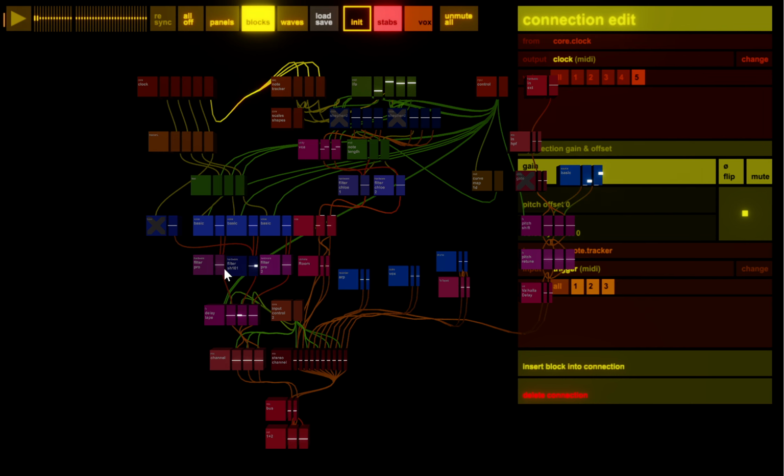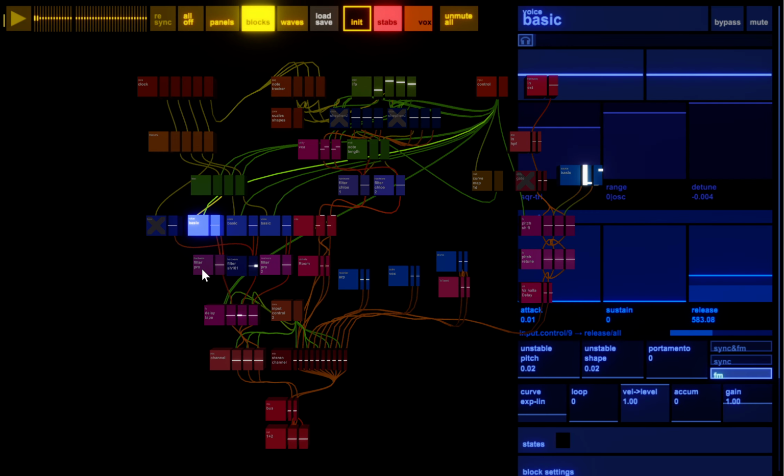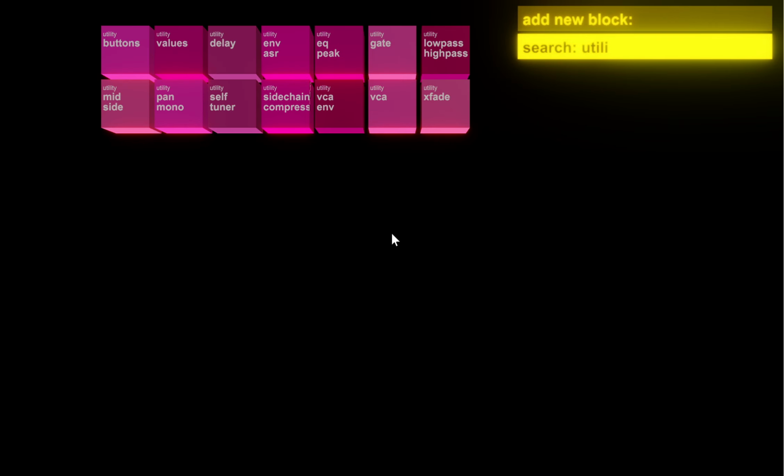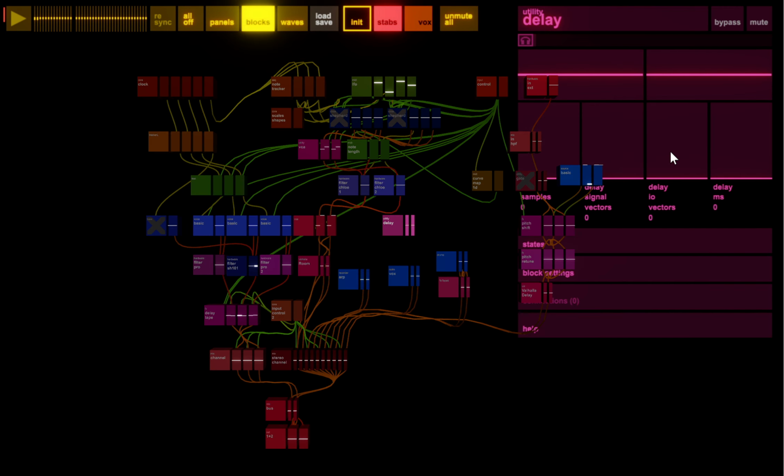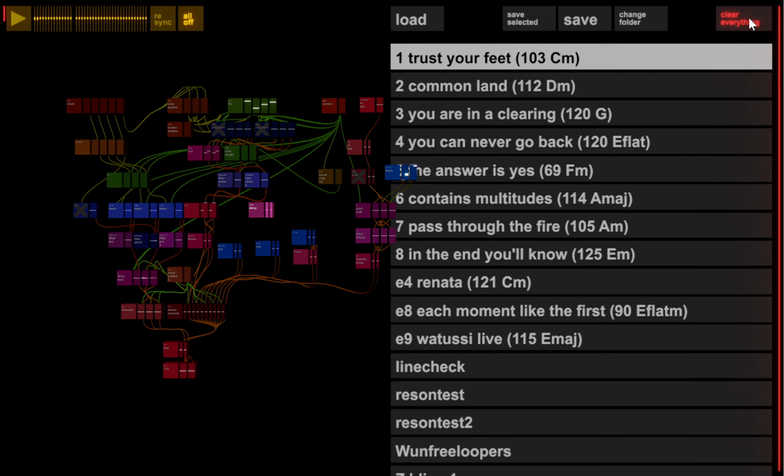One step of audio signal in here, just an unavoidable Max limitation, means that every audio wire introduces one vector of delay, which is like 256 samples or something. So it's not a big deal, but if one thing has a really long chain and one thing goes straight to the output, you're going to notice a slight timing offset. There's things like a utility delay block that has time in I/O vectors as one of its sliders. So there's lots of ways of getting things to line up.